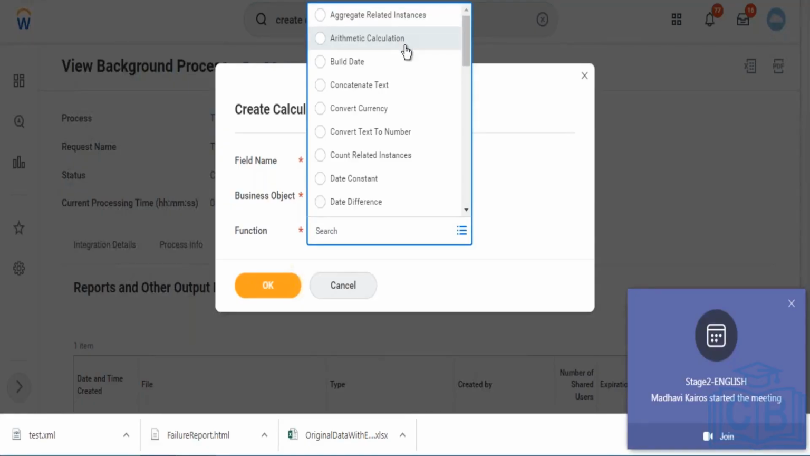Arithmetic calculation. Arithmetic calculation is nothing but performing mathematical operations. If you wanted to sum anything, if you wanted to subtract anything, if you wanted to multiply anything, you'll be using arithmetic calculations. This is a very simple one, straightforward. You just need to pick. Let's say if you wanted to